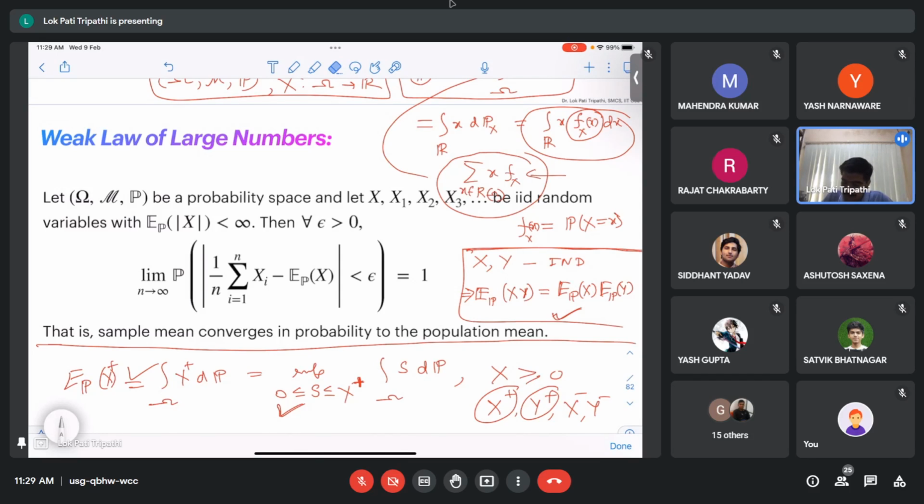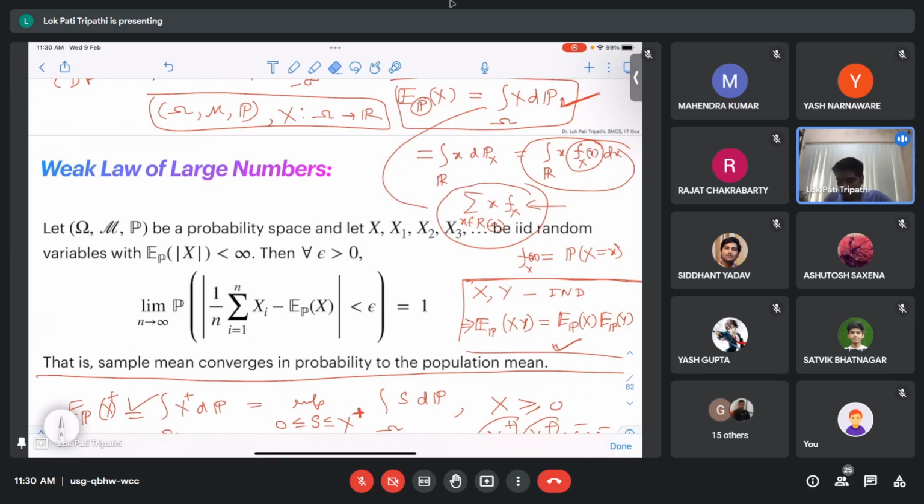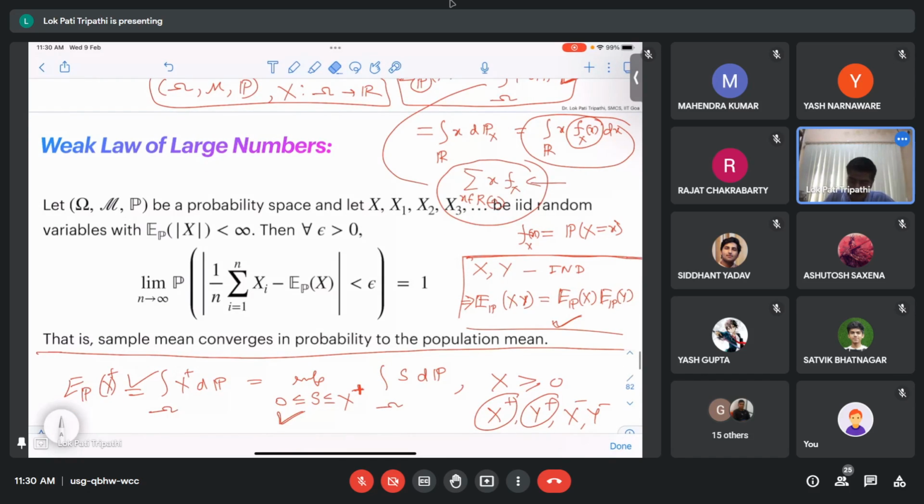Since you might have proved it for the case of discrete random variables, it will be easy to do this. In that case, this expectation can be written in the form of a sum, either finite or countable based on its range set. All right, so let us postpone the proof of this result. Let us believe that it is true, and based on that, we will try to deduce the proof of the weak law of large numbers.